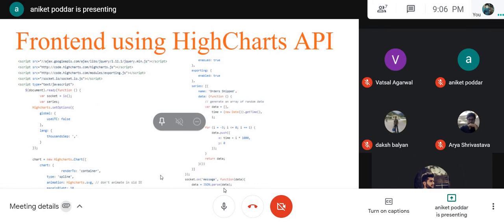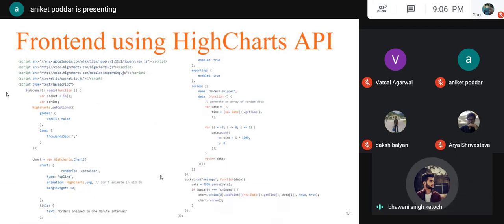Okay. I have implemented the front-end part of that project. We have used HighCharts in our project to view the real-time processing of data efficiently. HighCharts is a JavaScript-based charting library meant to enhance web applications by adding interactive charting capabilities. So I'm going to walk through the code of HighCharts. First, we will create the HTML page in which we include the jQuery libraries and HighChart libraries. HighChart requires jQuery as a dependency. So here the container division is used to contain the chart drawn using this library.